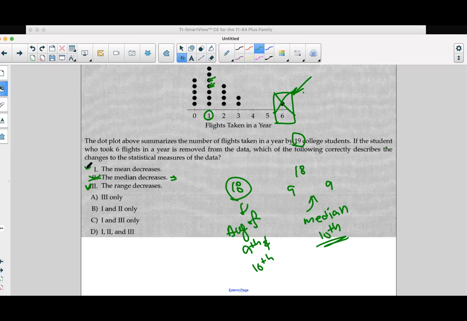So that's also correct. 1 and 3. Therefore, choice C becomes the answer. Just seeing the relationship between mean, median, and range. Now, talking about the mean,